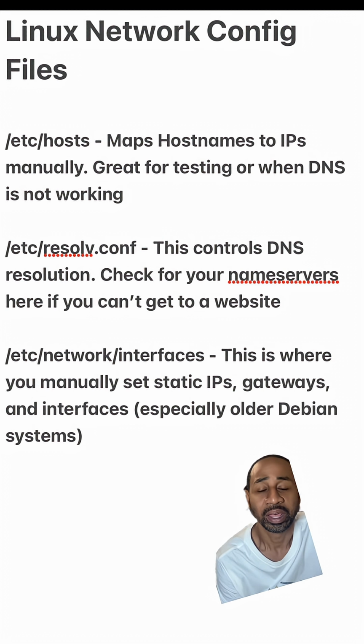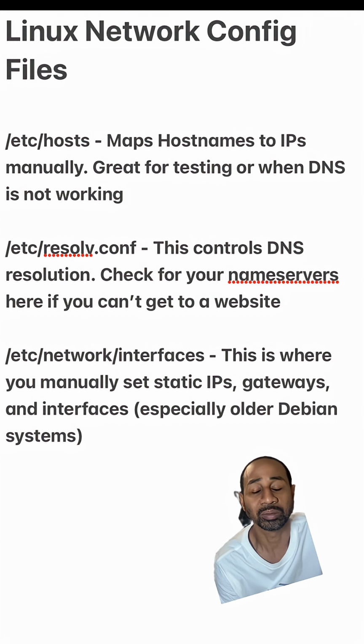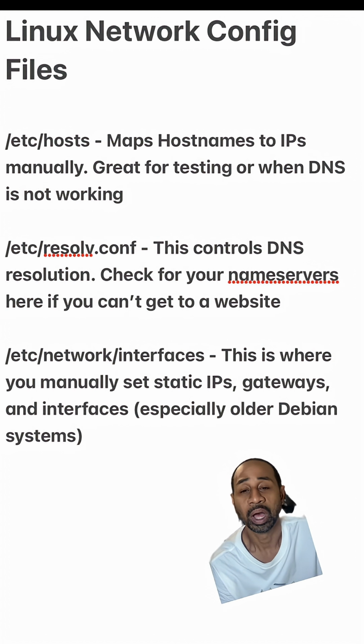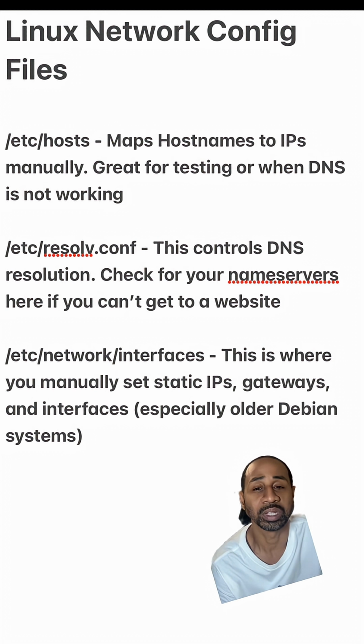/etc/resolv.conf file. In that file, that's where all your name servers are going to be. You can change your DNS server to 8.8.8.8 if you wanted to use the Google name server, for example, in that file. And then the last one is